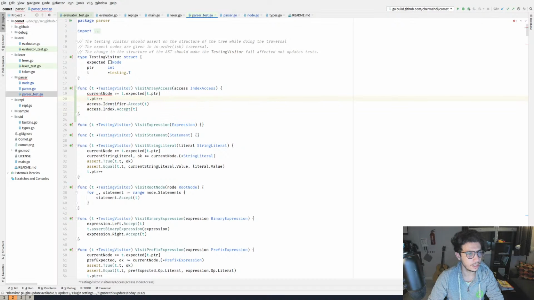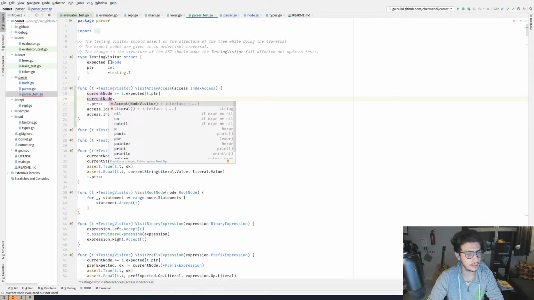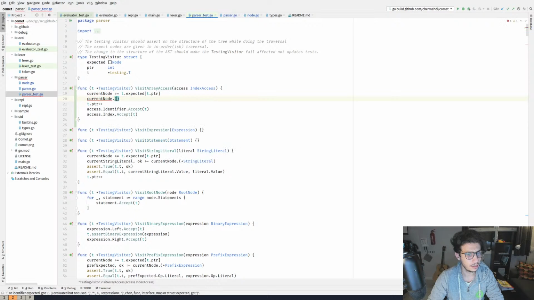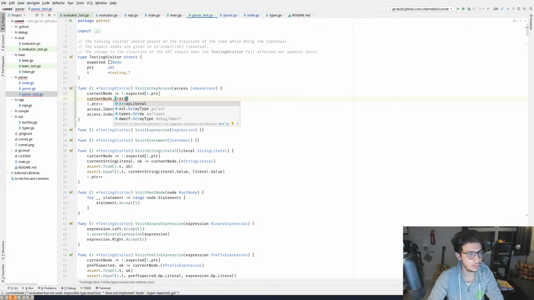And we want to make sure that the current node dot array access. I don't remember what we called it. Array, no idea, totally forgot.